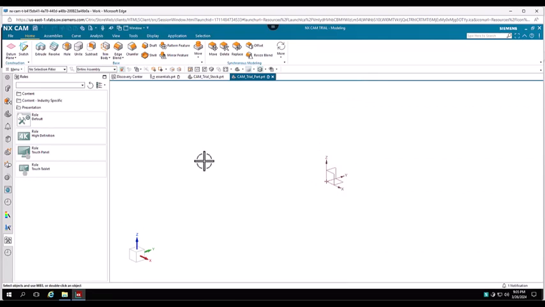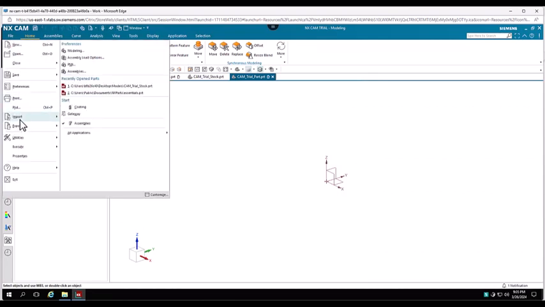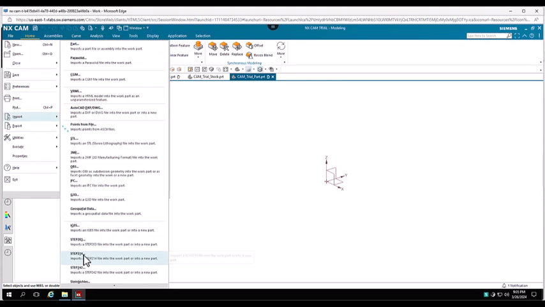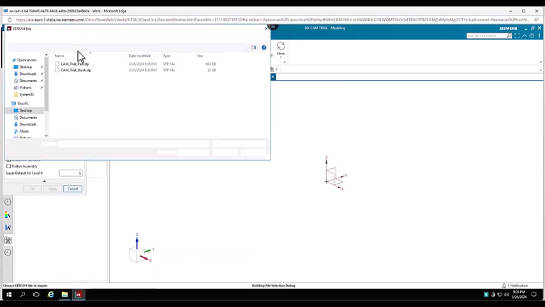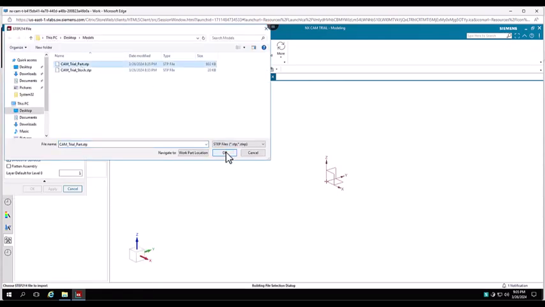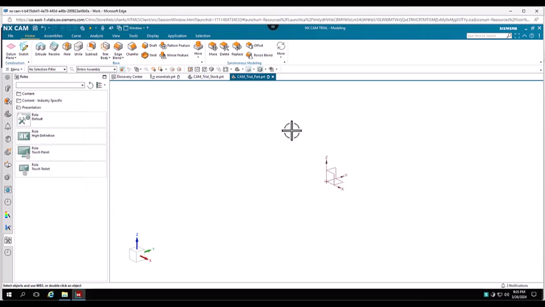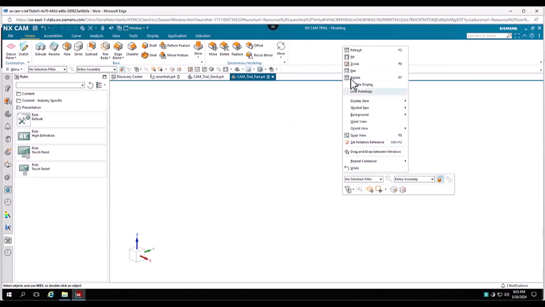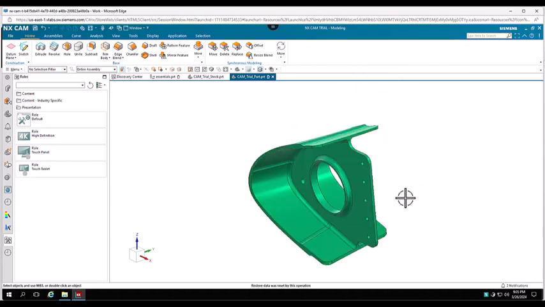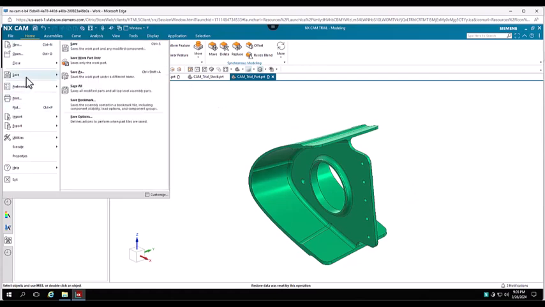OK, and we'll do the exact same thing. File import, step 214, browse to the part file that I want to import, click OK, and click OK again. Once that's imported, I'm going to delete this coordinate system again, and we will hit fit, and you will now see the part file that I've imported. So from there, I'm just going to click File, Save,